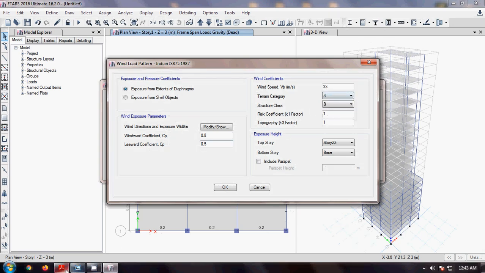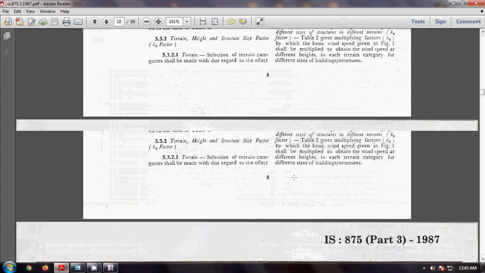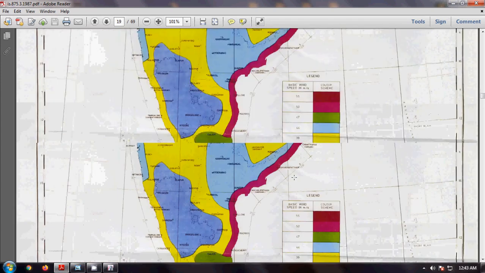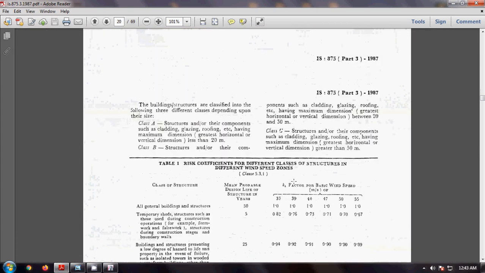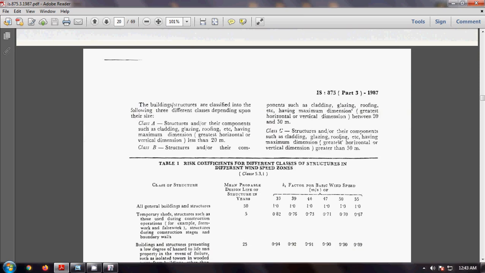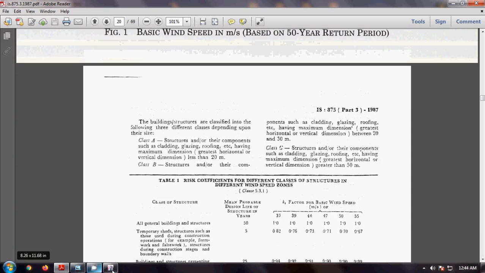structure class. So go to the structure class clause. Yeah, here is the structure class. Our building will be in class 3 because it is saying that the greatest horizontal or vertical dimension should be greater than 50 meters. In our case, our building is 23 stories, so 23 into 3 gives 69 meters in height, so it is greater than 50 meters. So select class 3